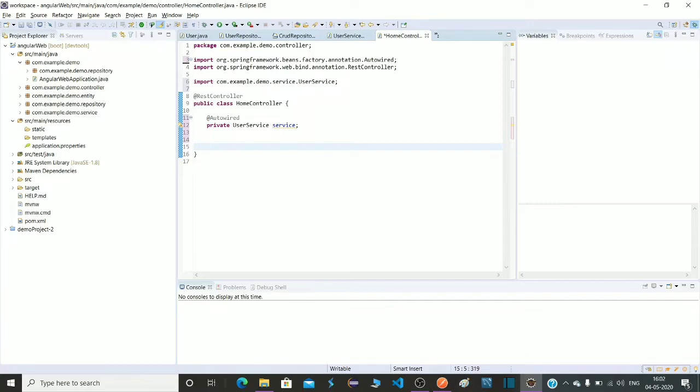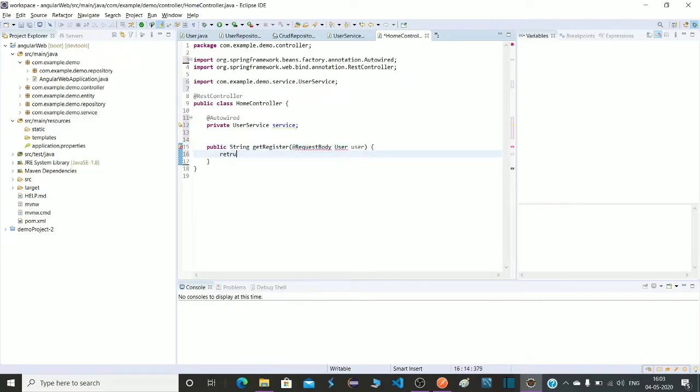Let's create a method. Public String getRegister. It will take a request body, so data will come from the request body. For that I am adding the @RequestBody annotation, User. We have to catch that user.